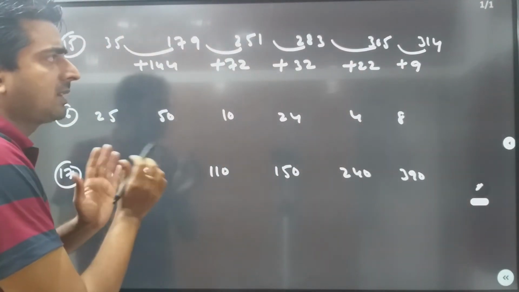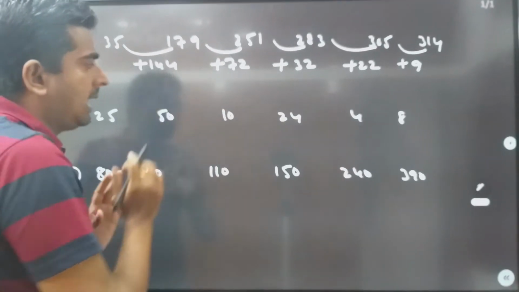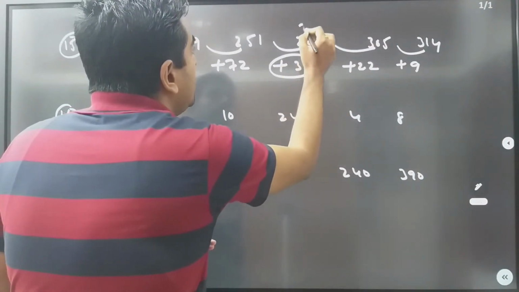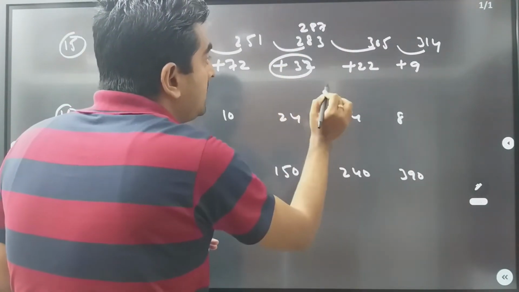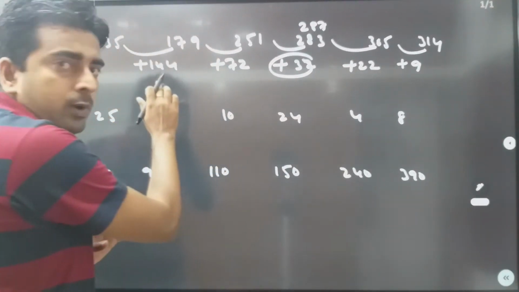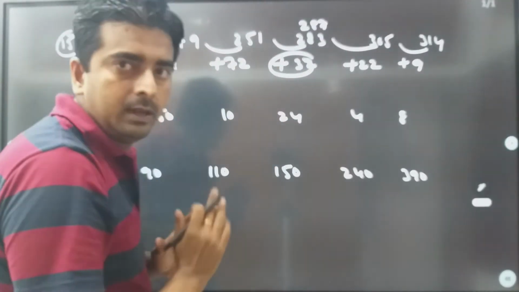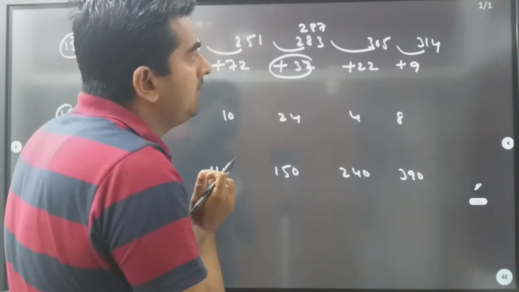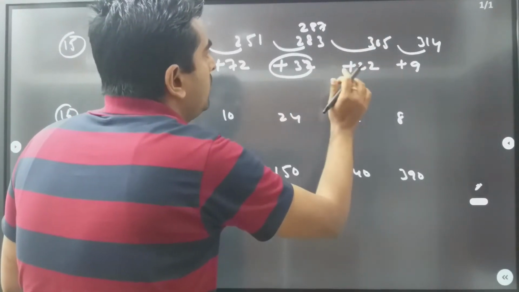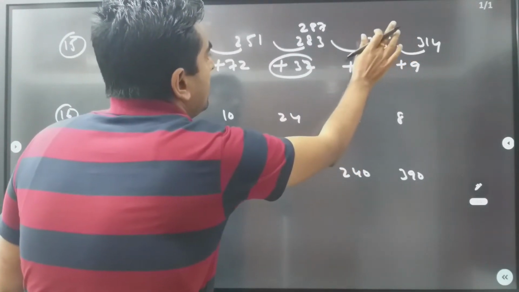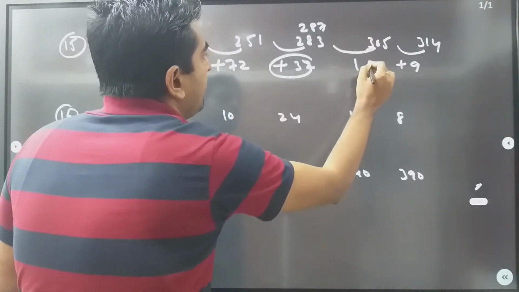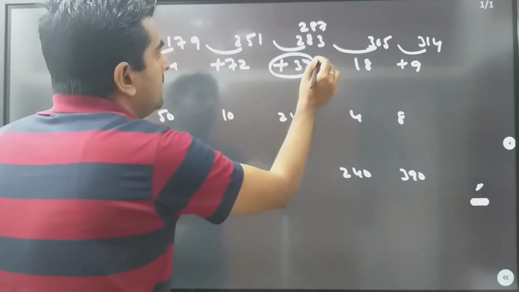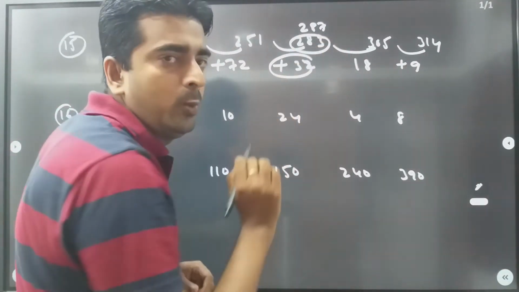That means the problem is there somewhere. 144 half is 72, 72 half is 36. That means if you add 36 here, it is 287. And 287 half is how much? 144 half 72, 72 half is 36, 36 half is how much? That means 287 plus which number will give you 305? You will say not 22, it is 18. Right? It is 18. And now here it will be 36. That means my wrong number is 283.